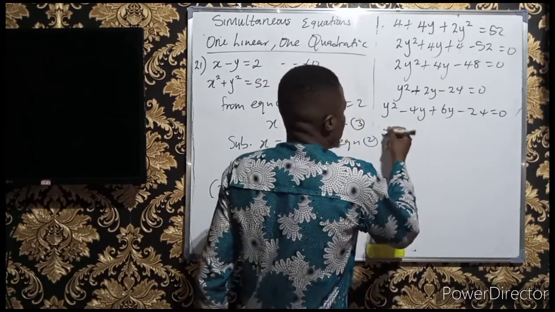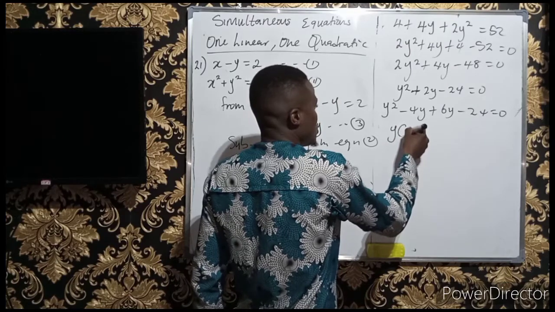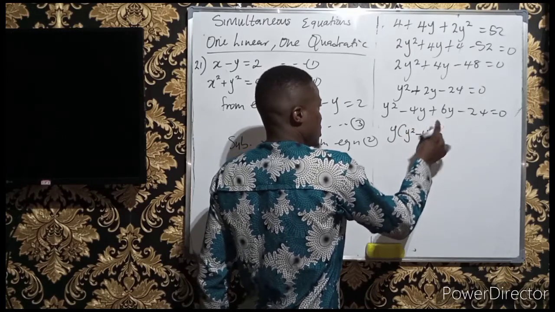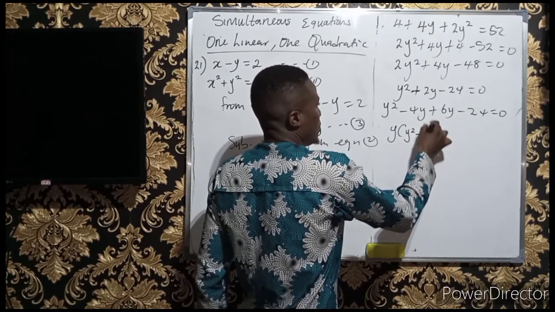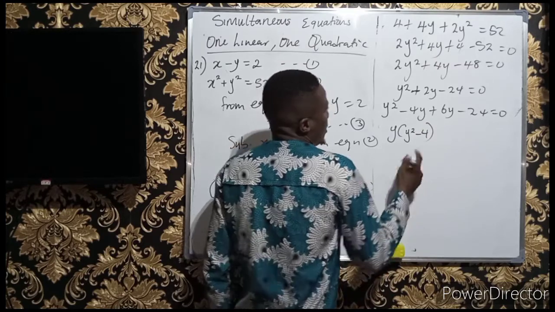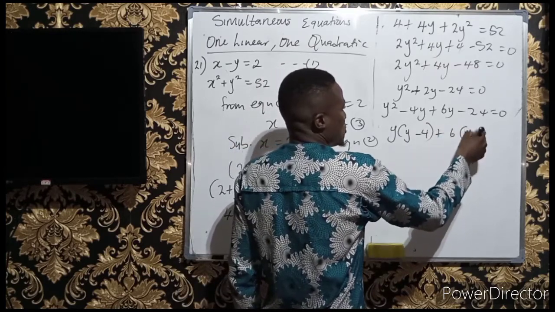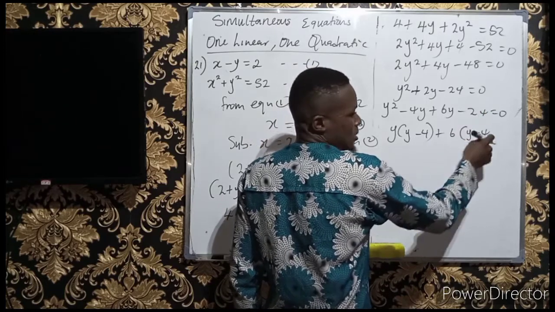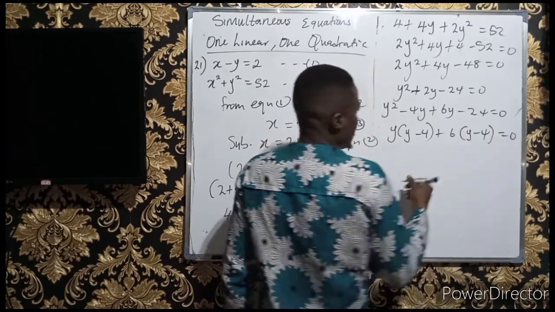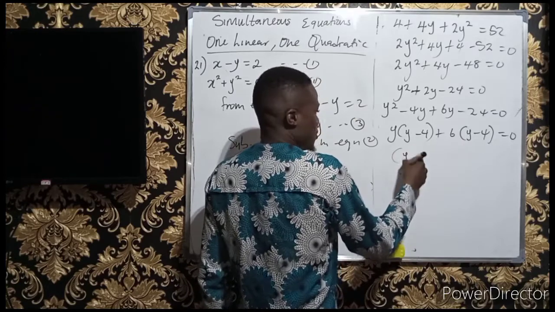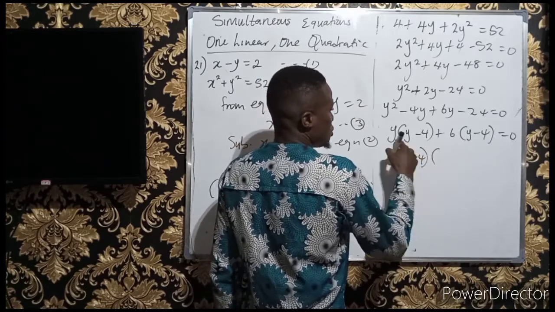Now let's factorize. Y is common. I have y into y squared minus 4, y into y minus 4 plus 6 into y minus 4 equals 0. So I factor out y minus 4, which is common, into y plus 6